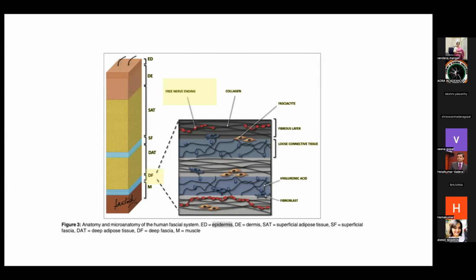So our target in this region will be the free nerve endings. The fascia mainly acts as a sensory organ, which is richly innervated by polymodal free nerve endings, including the unmyelinated C fibers and also the thin myelinated A delta fibers. These mediate nociception and proprioception, which can explain the pain following any fascial injury or fascial break. So we target these nerves, that is the free nerve endings, the A delta and unmyelinated C fibers, and also the somatic nerve fibers which cross through the fascial plane.